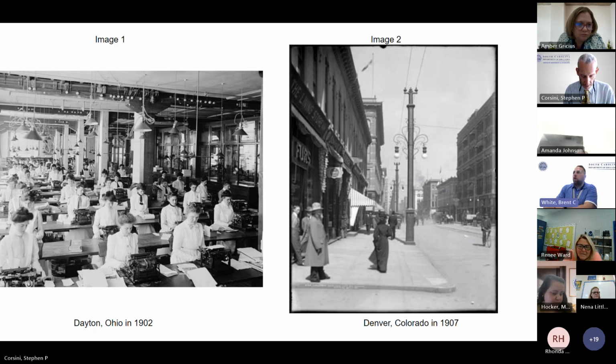I more intently looked at image 2 and started looking for the names of the businesses. And then went back to image 1 and see if there was any clues to a company name on there as well. I looked at the women's clothing and the long dresses that they were wearing and the similarities with the way of their presentation. Okay. Each image also shows the use of electricity. Okay. All right. Great connection there.